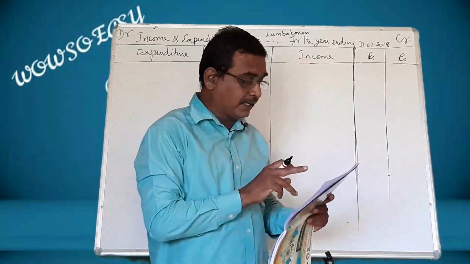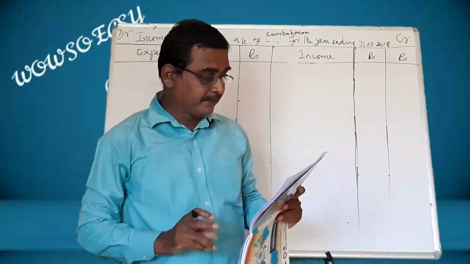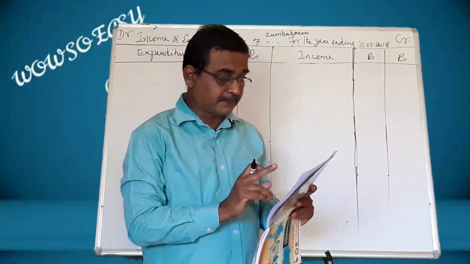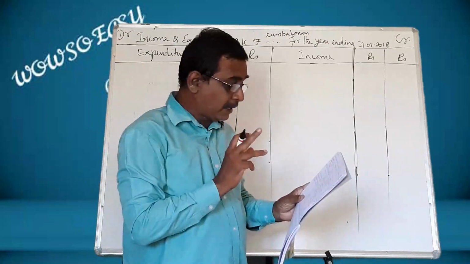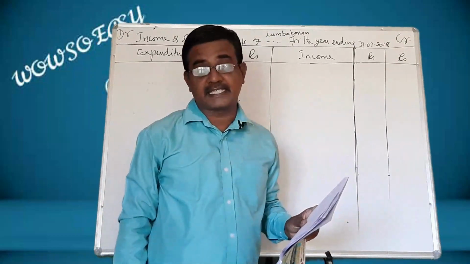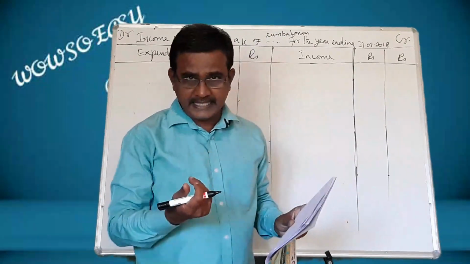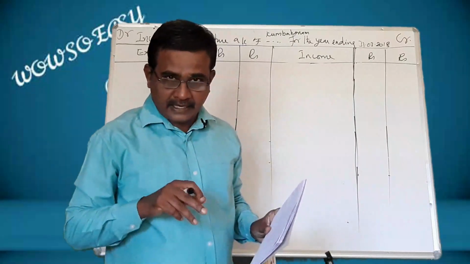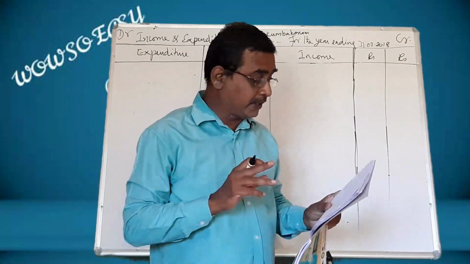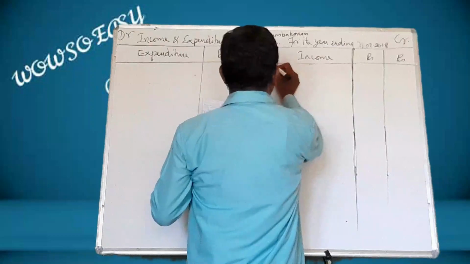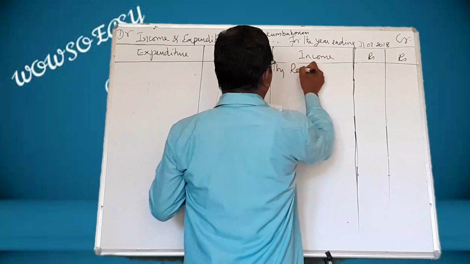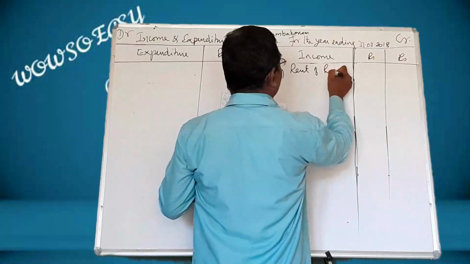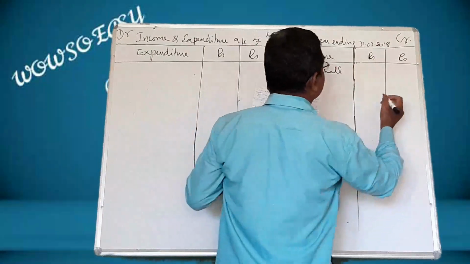Now, let us see the receipts side. Balance, cash in hand, cash at bank, that will not come here. Leave that. Come to rent of hall received. It is an income and a revenue item, so it must be brought here by rent of hall. What is that amount? 6,000.